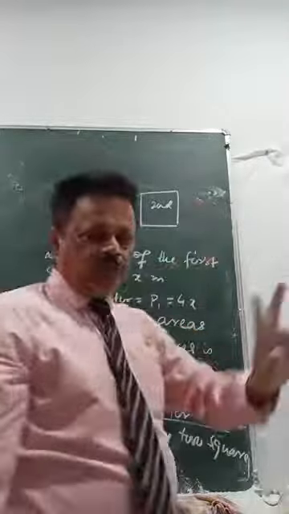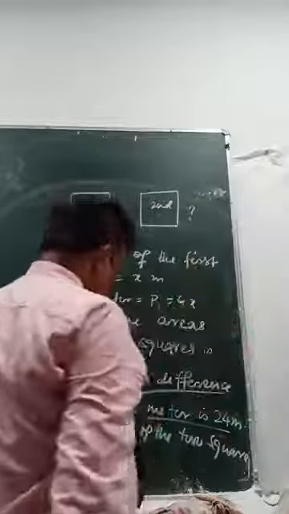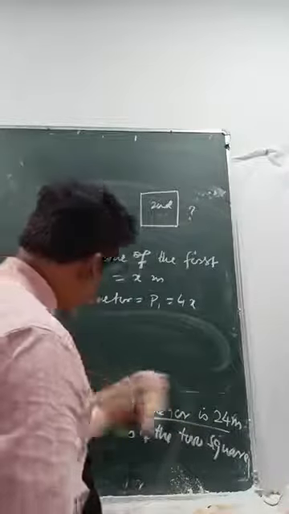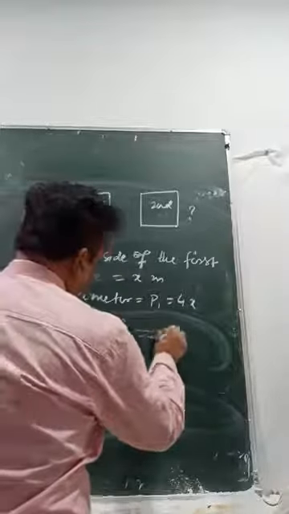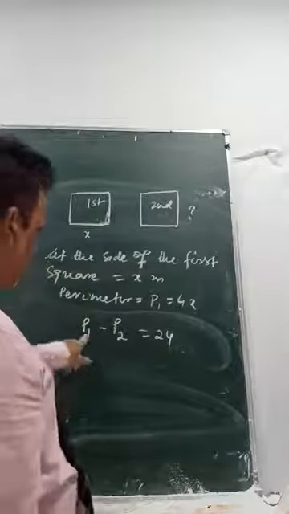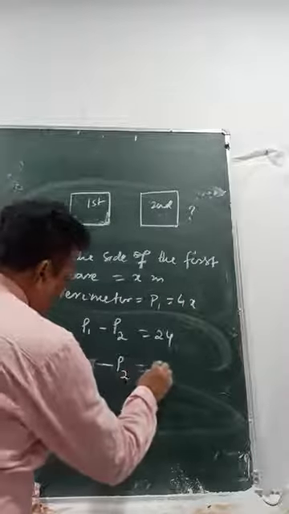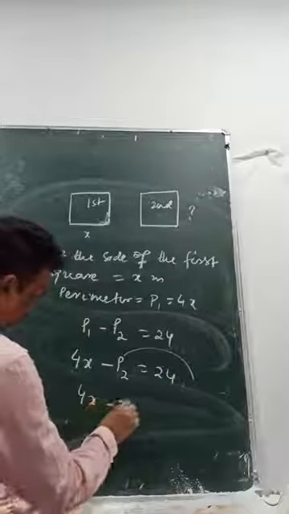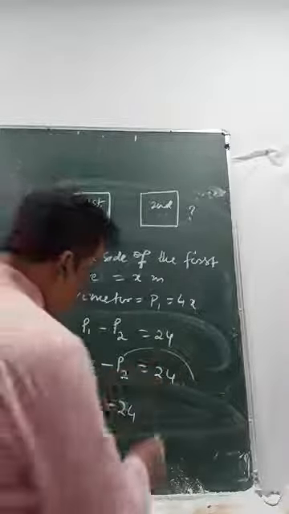Because we cannot have two variables, because this is a quadratic equation of one variable, then how to find each side? Though we don't know what is the side of this. So what clue here is, difference of their perimeter is 24. So P1 minus P2 is 24. Perimeter P1 we may write 4x. 4x minus P2 is 24. Let me take this one to this side. 4x minus 24. Look at this, I have taken here minus. This will go the other side plus P2.